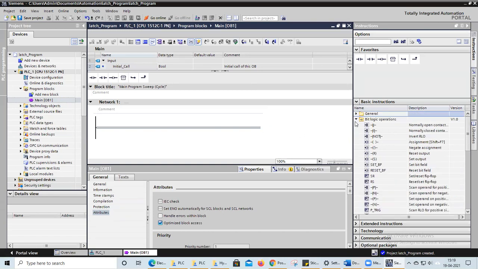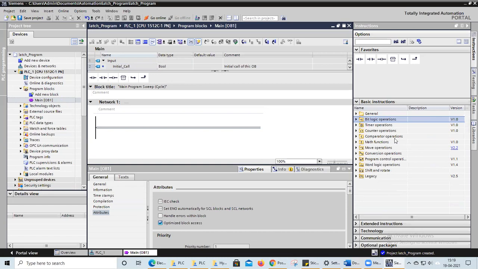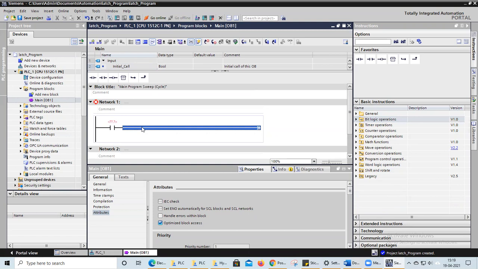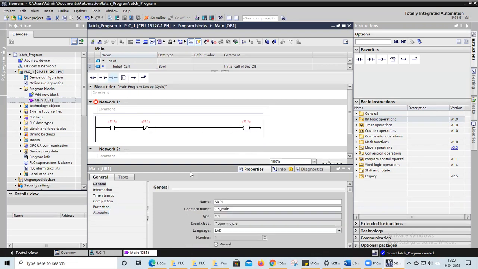And we have counter, timer, everything is there in the PLC. Mathematical operations you can also perform. Now we will take one normally open switch and you click on the second rung and take normally closed switch, and in the output we will take one coil. Okay, in first case is without latch. Okay, without latch circuit.